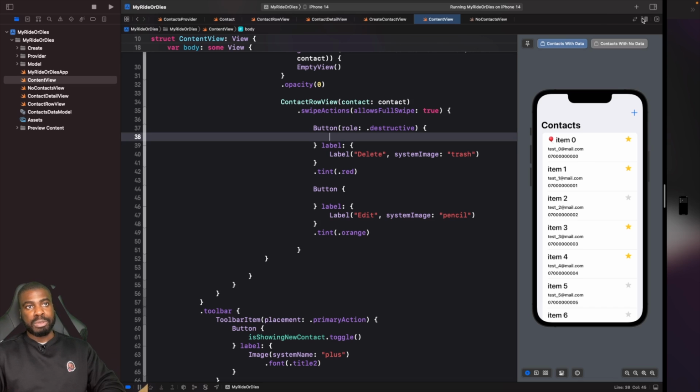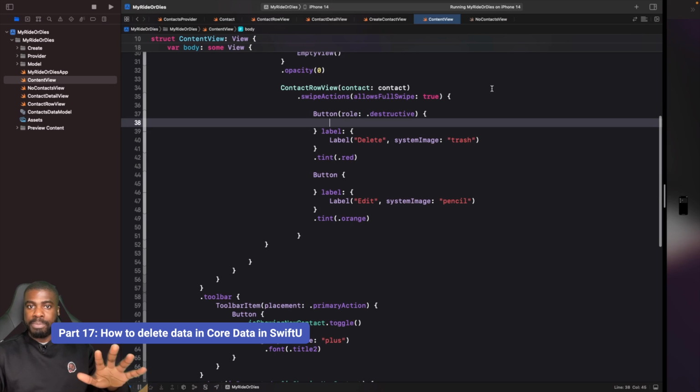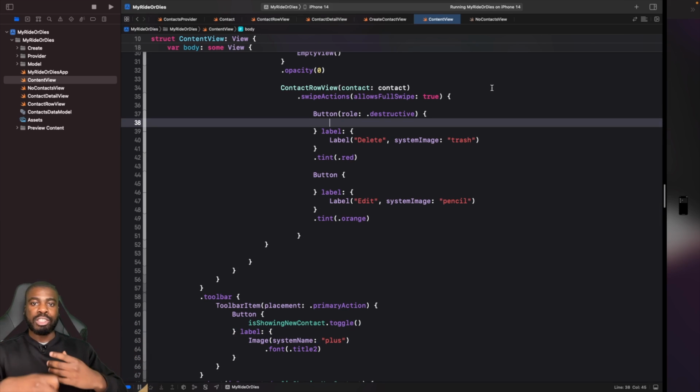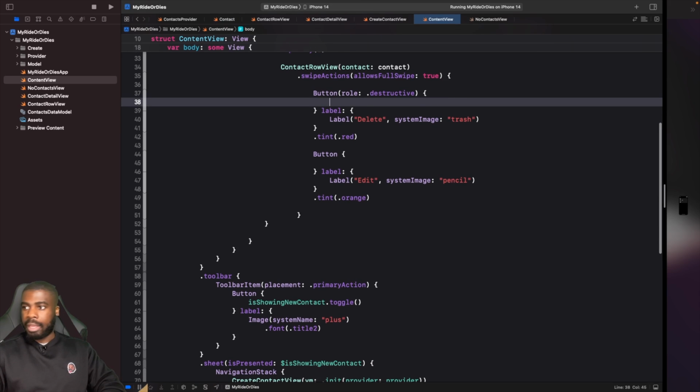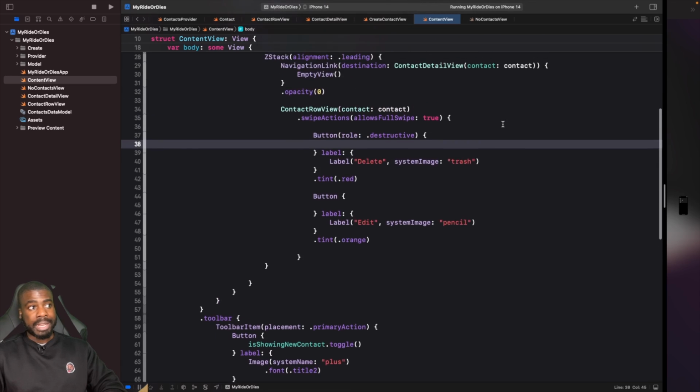So for this, I'm just going to hide the SwiftUI preview. The previews, in my opinion, are good for seeing what data would look like and updating data and whatnot. In terms of actually deleting data, you probably want to test this out in a simulator. So in here, on our content view,